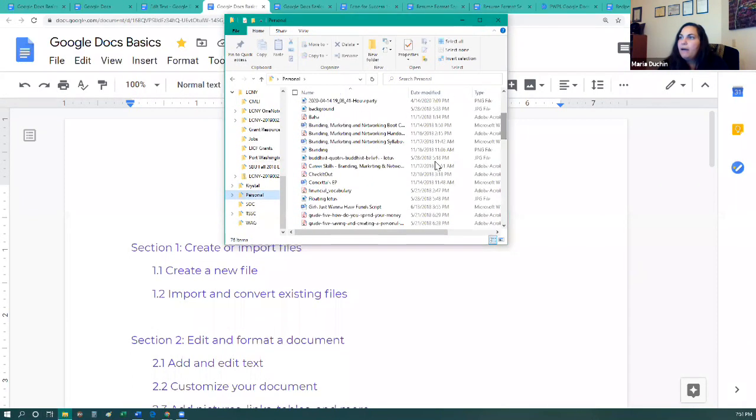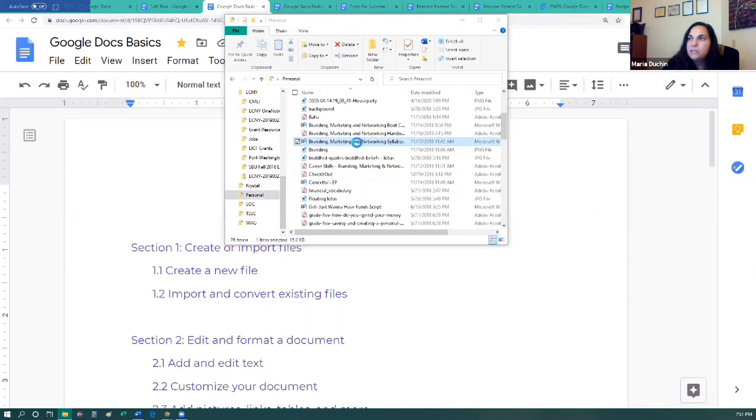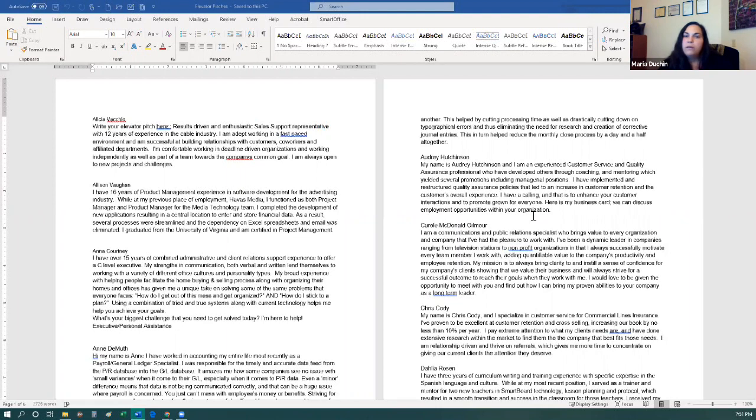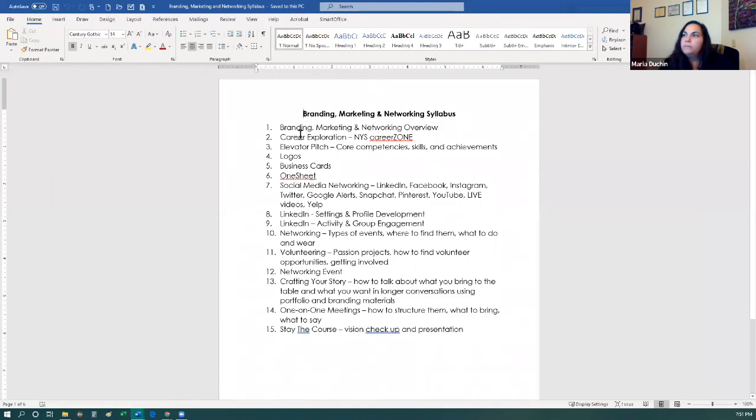So say I have a document, and this happens to be just a syllabus for a class that I taught. So somebody wanted to know how I open it. If I wanted to take this and I want to save it somewhere, this is a Word document now. If I want to send this to Google Docs,